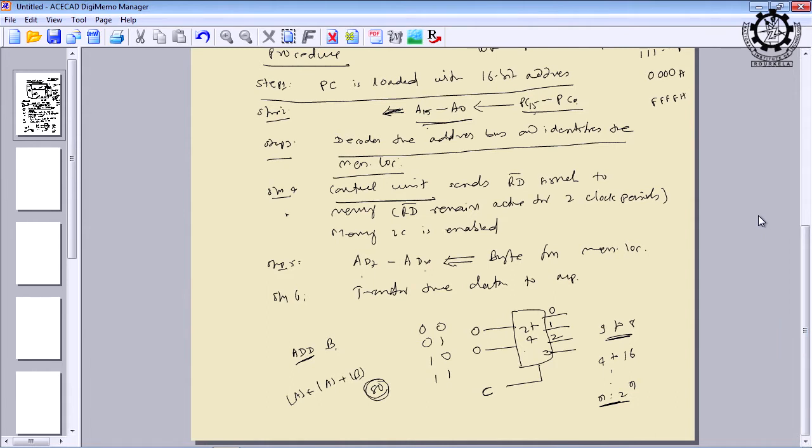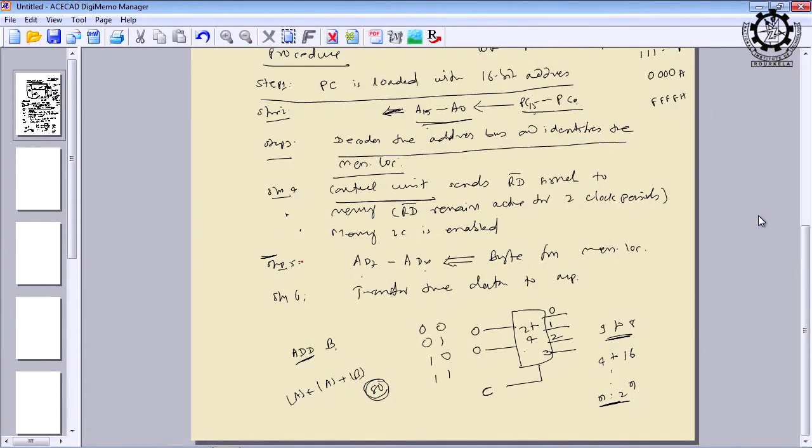time it is the memory write operation, the data is already available at the microprocessor 8085, and the data bus contents will be transferred to a memory location which has already been identified by step 4. From step 1 to step 4, the job is to identify a location and get that location prepared to store something. When step 5 comes, the microprocessor sends the data through the data bus, and from the data bus it will be handed over to the memory location which has already been identified, which is already selected.